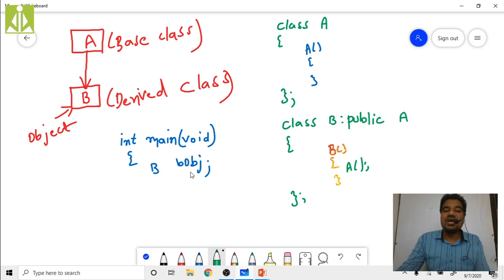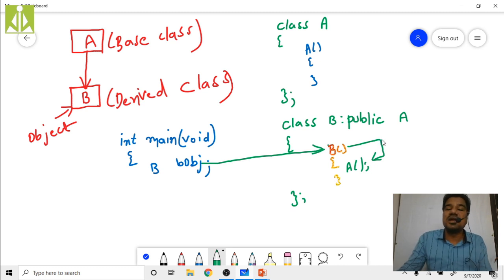That is the reason why your B object is gaining not only the properties from B class but also the properties from A class. This is the concept. This understanding is very, very important. When you are creating the B class object, B class object creation is calling the B class constructor, and inside the derived class, B class, I have the call to my base class constructor as the first statement.